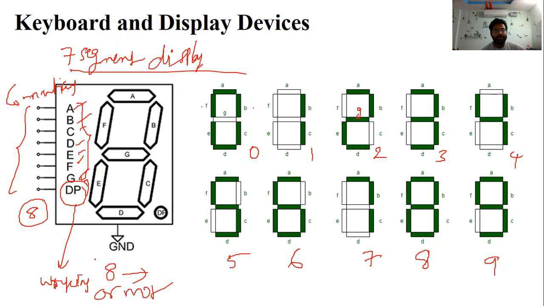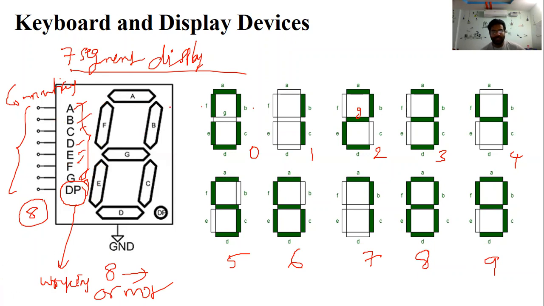You can also call it a blank display. Before going to the function, you want to check whether all the 7 segments are working by using this DP.